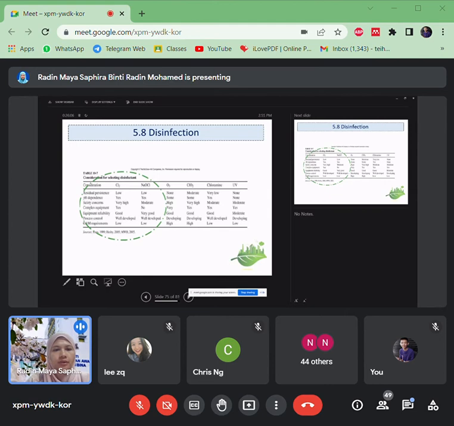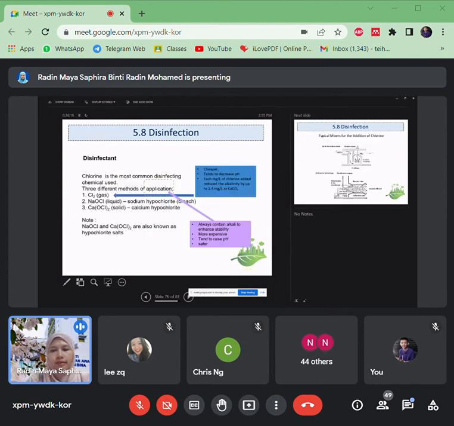Okay, so you can have a look at the certain disinfectant criteria and also the characteristics. All right. So there are different types of application in terms of gas, in terms of bleach or solid. For solid, we mention calcium hypochlorite. Okay. But the safer one is